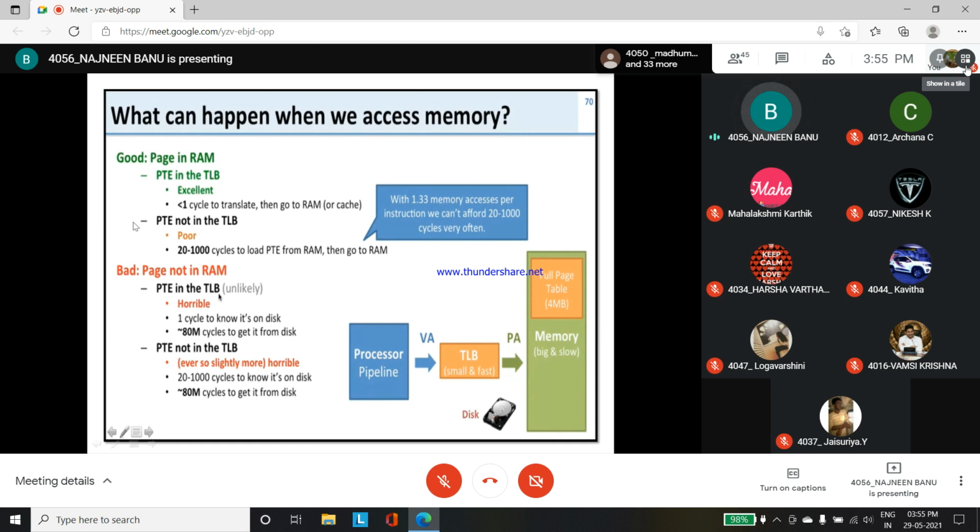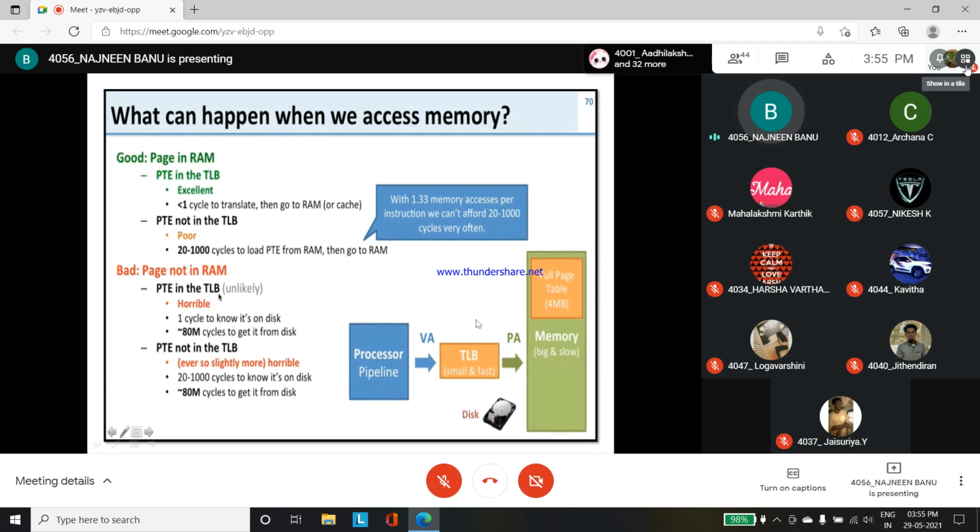the PTE, page table entry, is not in the TLB. If it is not in the TLB, then we have to access it from the page table only. As I told before, if the data is not in the TLB, we have to access the page table entry, and this process gets slow by loading and accessing the data. After getting it, it becomes faster to translate the virtual address to the physical address. So if it is not in the TLB, then it will be poor.